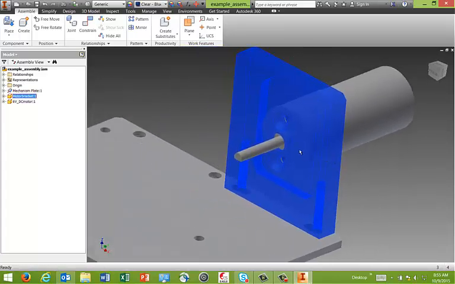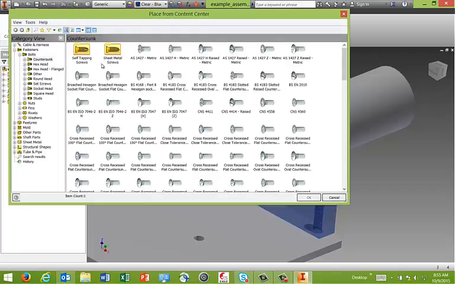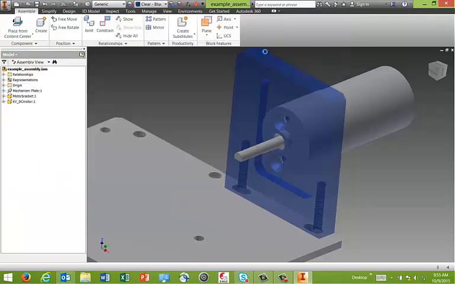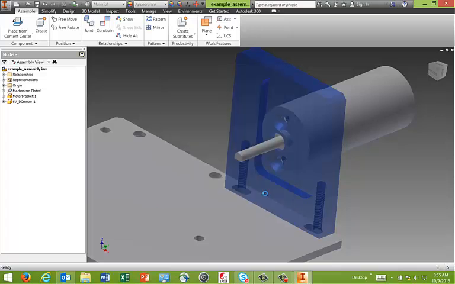Now, other than putting down these assemblies, you would also want to place components from the content center, and you can choose the different types of screw. For now, I would like to look for a countersunk screw matrix. I can choose this, and I'll put the screw here, and a window will pop up to let me choose the type of screw. This is an M3 screw, and I would like an M3 by 6 screw. I click apply,